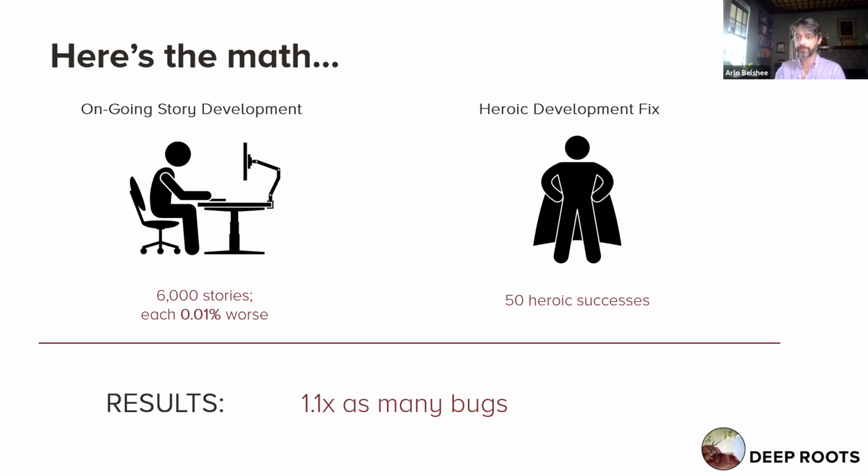That's terrible. If in those 6,000 stories, you still do all the heroic fixes, but each makes it only 1/1000% worse, you actually will get an improvement. If you only increase the bugs by 1 in 1,000 instead of 1 in 100 for your team. Now, I don't know about you, but I have no way to tell in a story whether the change that I made is going to increase future bugs by 1/100th% or 1/1000th%. There's no real way to detect that. And that's the difference between success and failure.